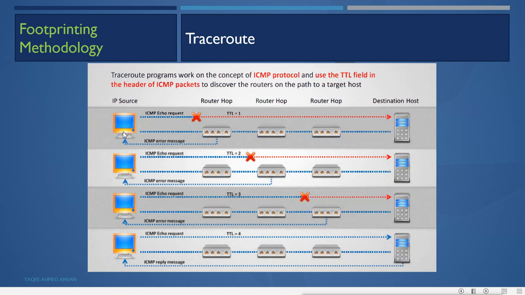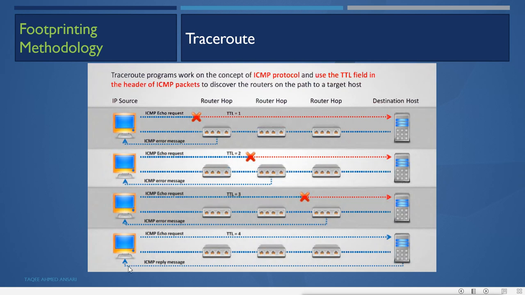Then the next packet it sends with time to live 2. That means it will cross the first router, the time to live becomes 1, then it reaches the second router with time to live 1. The second router will remove that 1, it will become 0, so it will drop the packet there and send the error. The error gives the information of that router, so our machine records that router's IP. Then it will send time to live 3. The first router will be passed, the second router will be passed, and the packet will be dropped on the third. That router will send the error, and its record will be in our machine.